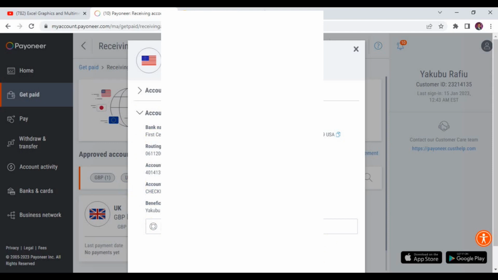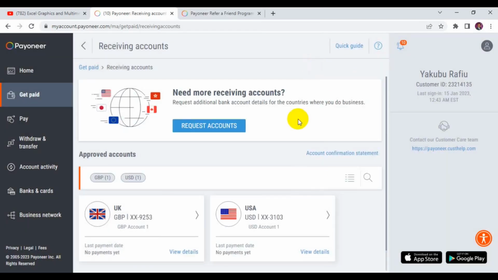These are the information you need. All you have to do is to just click on copy account details, copy account name, copy account routing, and copy the account number and provide it to whoever wants to send you money into your United States bank account. With that, once you use these details, each time anybody sends you money through this bank account,